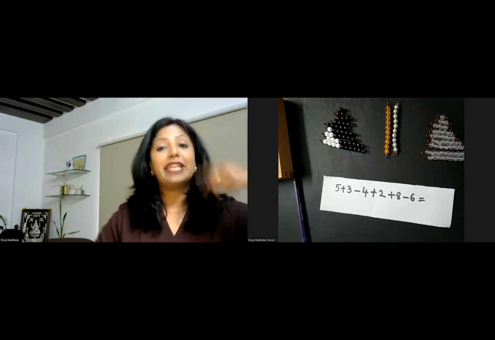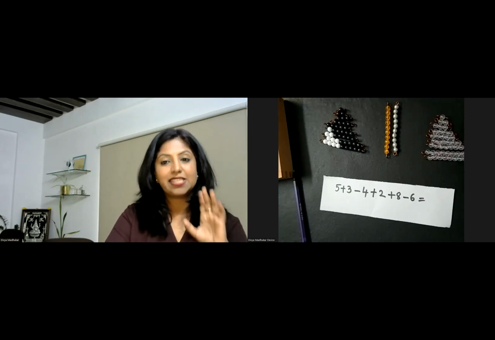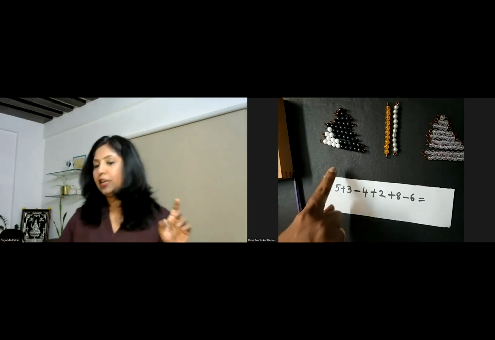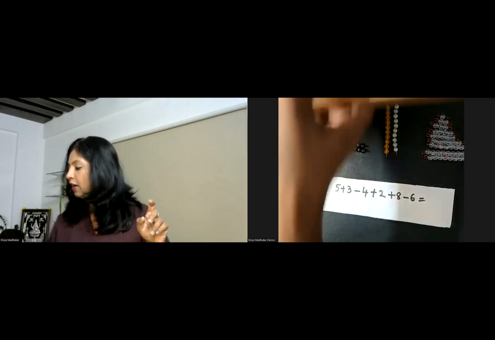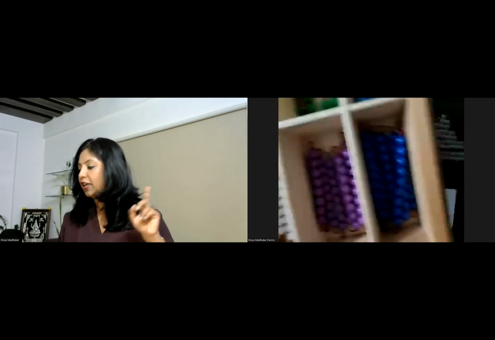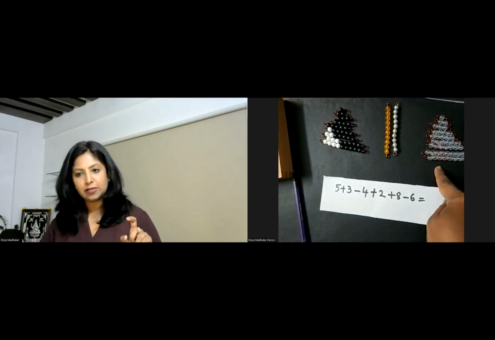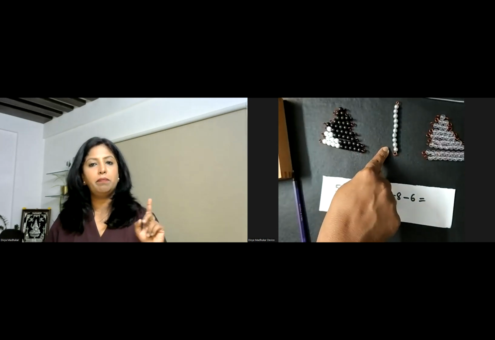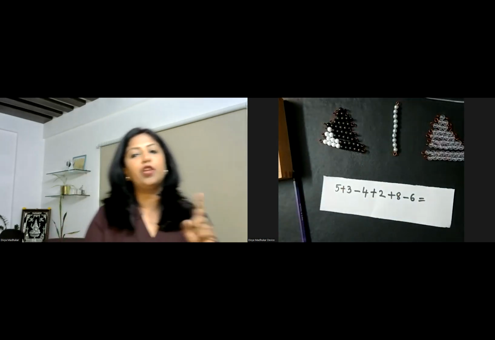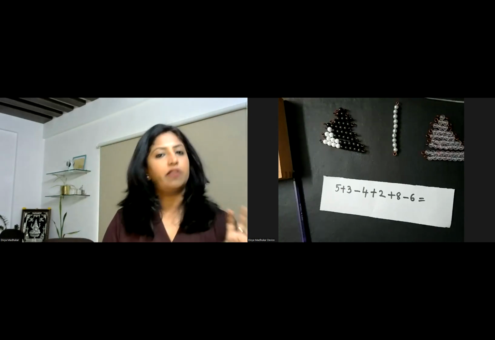So what are all the materials that you need to perform a subtraction snake game? This is a snake game. So you need your tens quantity, you also need your teens quantity, you need your negative numbers, and you need silver color beads to replace whenever you get a count of 10. Instead of golden beads, you will now replace it with your silver bead bar.